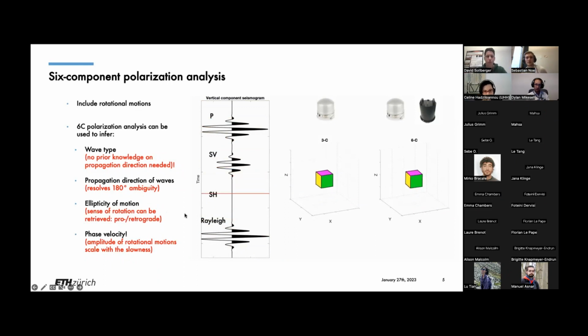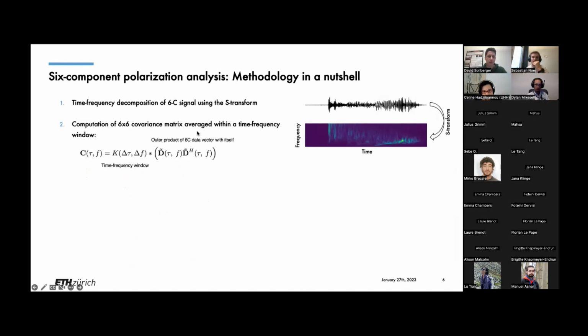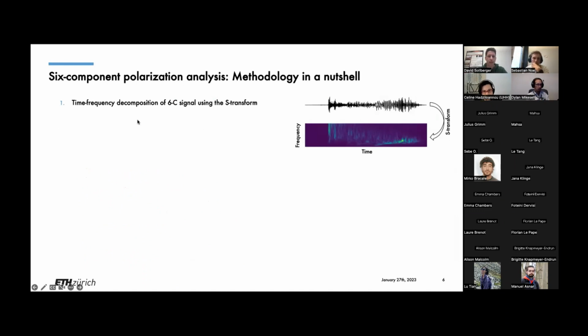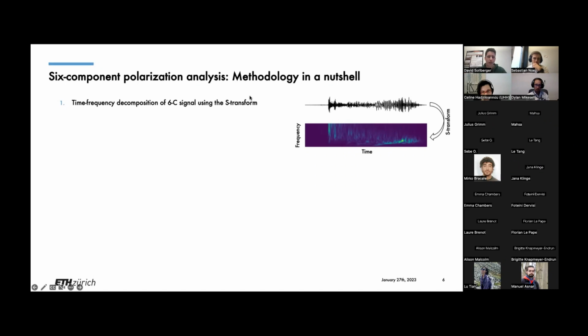Now, how do we do polarization analysis in practice? Here we'll do this very quickly. Typically polarization is a time and frequency dependent phenomenon, so it makes sense to analyze it in the time frequency domain. What I first do is compute the time frequency representation of our seismogram. Here I use the S transform, but you can basically use any kind of time frequency transform